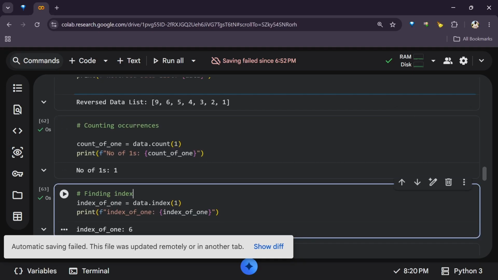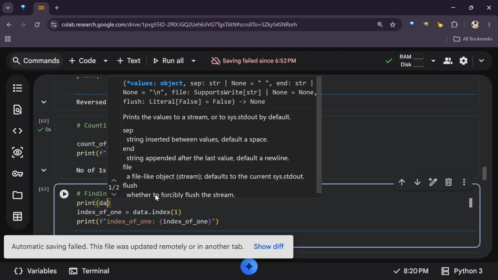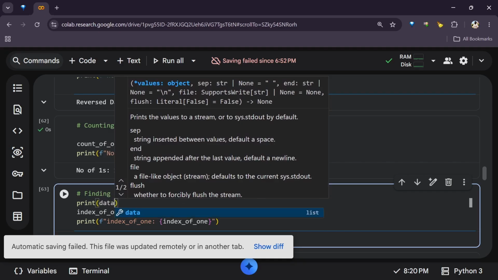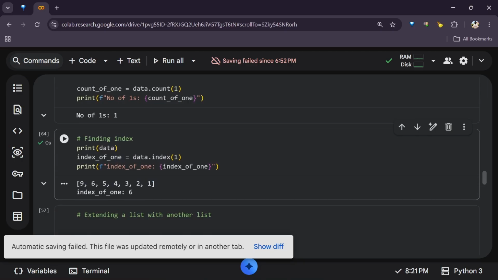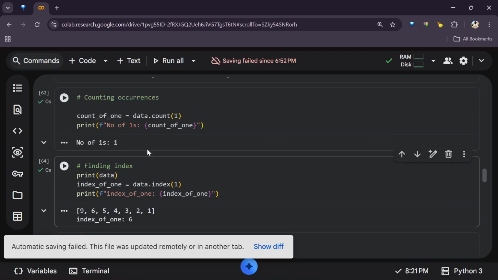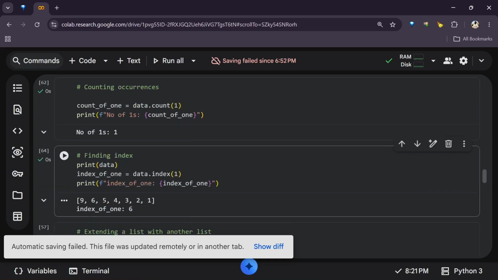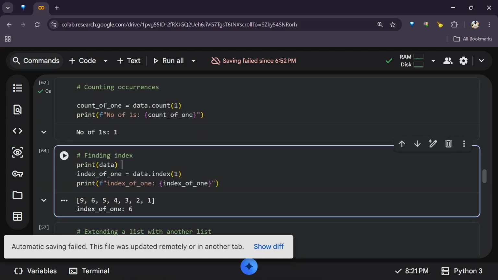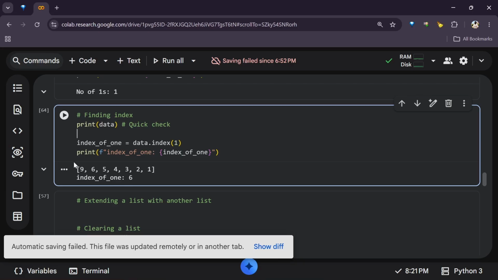Let's print our lists right here. Print data. Okay, so let's run that. Oh, right, reversed. Remember, the last thing we did is that we reversed the list. Okay, so since we reversed it, it is now the index of 1. All right, so that's just a quick check to show we are on the same side. Because it should have shown us 0, but we reversed